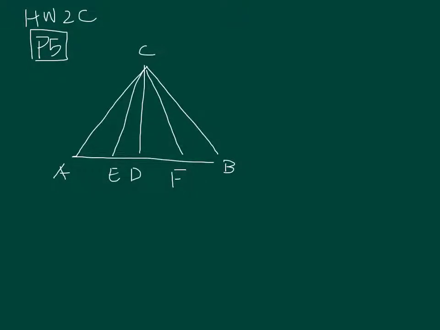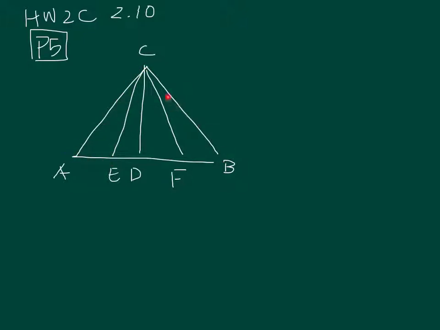This video is to go over homework 2C, lesson 2.10. The first question says, in the figure below, triangle ABC is an isosceles triangle with segment AC congruent to segment BC. CD is a median of triangle ABC and segment CE bisects angle ACD. And also CF bisects angle BCD. Which of the following is a correct way to prove that triangle ACE